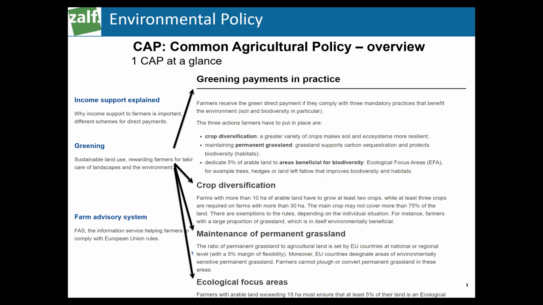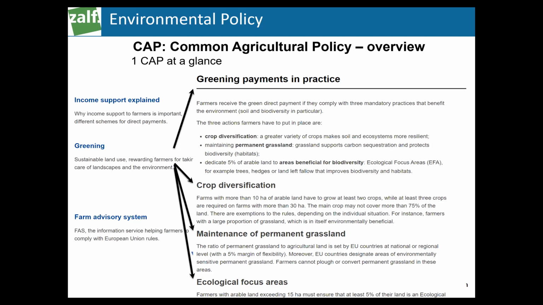And then we look at the greening as the second most important instrument. This is greening as payments in practice. And you need to know that this is now in pillar 1. But in pillar 2, in rural development, you also have specific agri-environmental programs, but they are distinguished from those. What is better for those? Well, we come to this later, but the greening payments in practice are crop diversification, permanent grasslands, and areas beneficial for biodiversity. That means you have a certain area you have to preserve, and then you receive a payment.